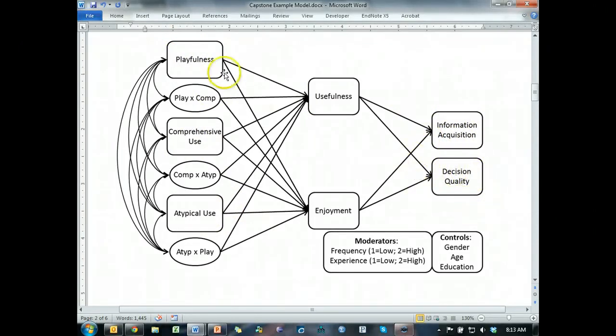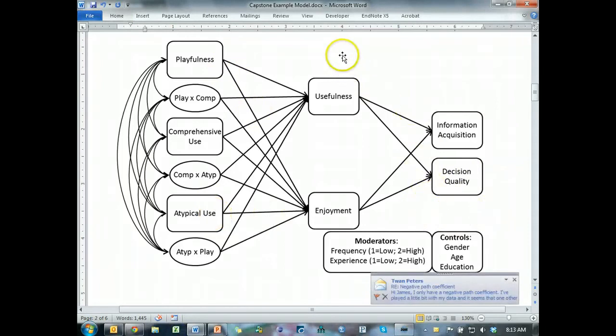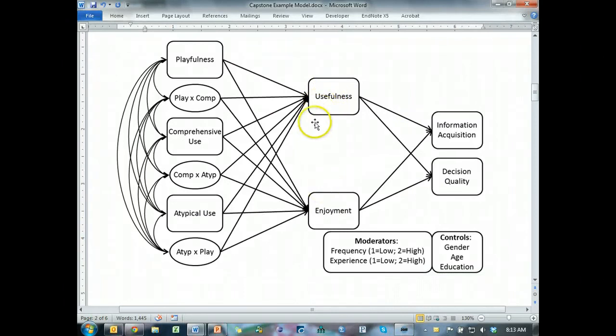And then we thought, well, since these are behaviors and these are outcomes, let's mediate those effects by an extrinsic motivator and an intrinsic motivator. So to what extent are the effects of these behaviors on the dependent variables mediated by extrinsic and intrinsic motivations, and which mediator is more potent or powerful, all while controlling for gender, age, education,